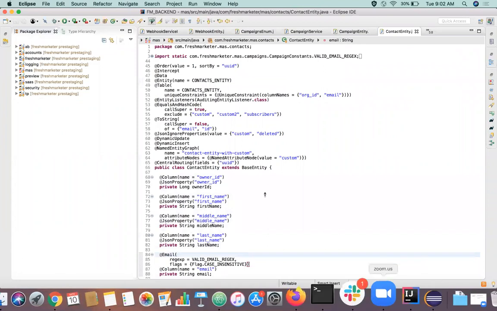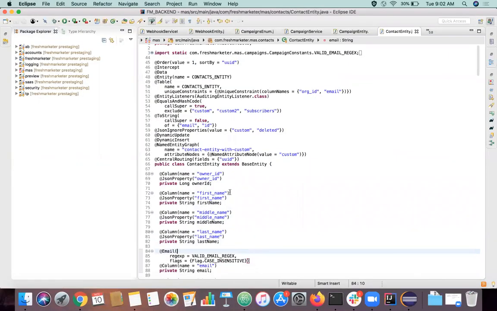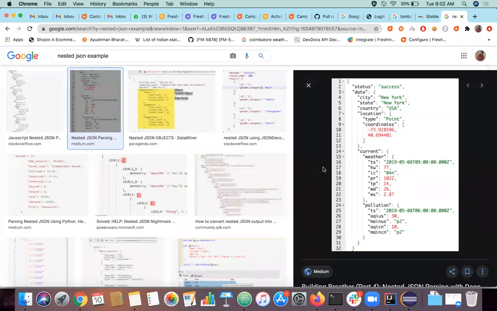For example, if some field called city is coming, I can have one private variable here, private String city. I can have some constraint over here: it should be not null or it should not be empty. I can have the constraint defined right here itself, and directly map. And if some logic is failing, it will directly throw an exception: hey, your data is not valid. So in these kinds of API testing, Jackson is heavily used.